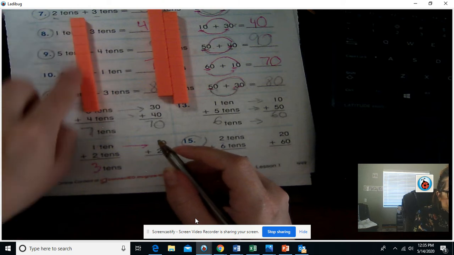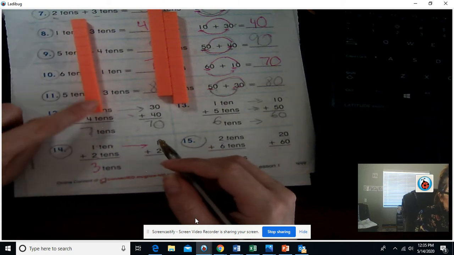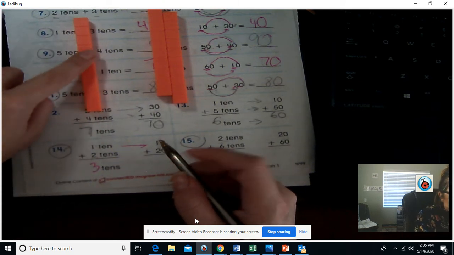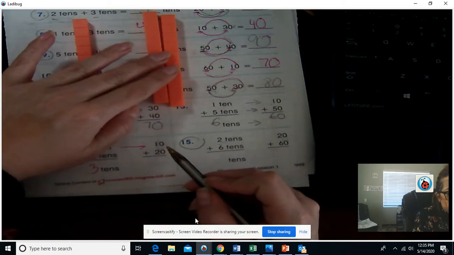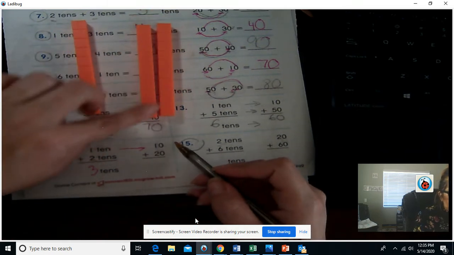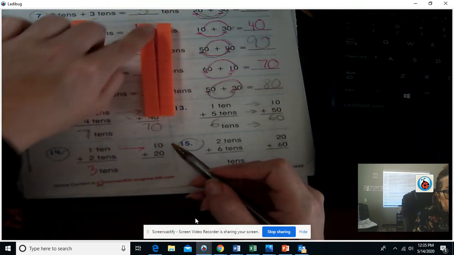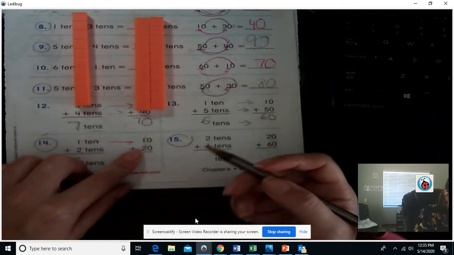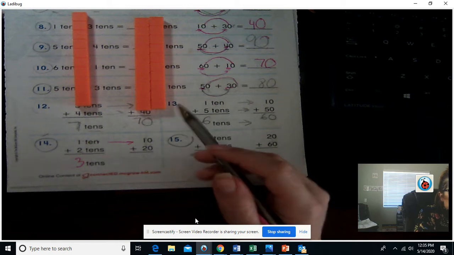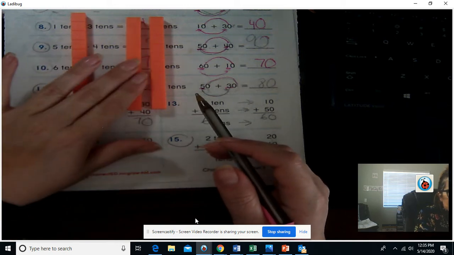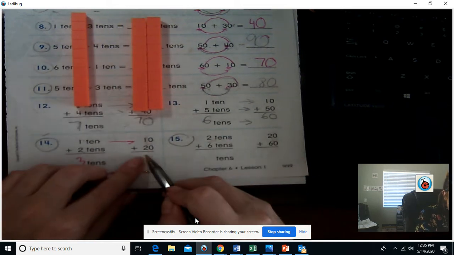One group of 10 is equal to 10 little squares. 2 tens, 2 groups of 10, is equal to 20 little squares. So what we can do is count off 10, 20, 30, and we'll know that this is 30,